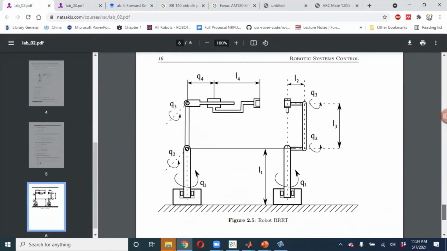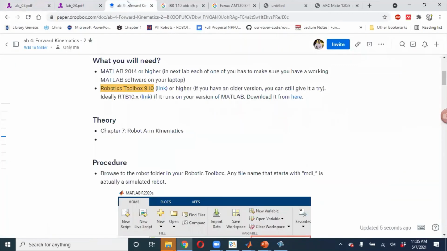Okay, let's look at this one. This is RRRT. So this is Revolute, Revolute, Revolute, and T. T is this guy can move up. Okay, let's not make it more complicated. Let's stop here. So